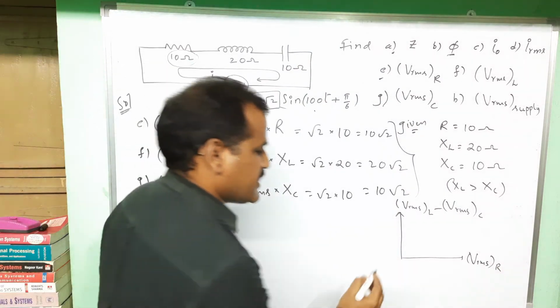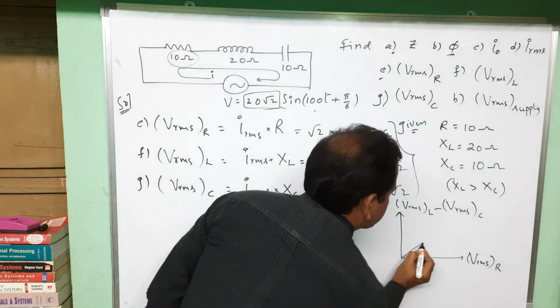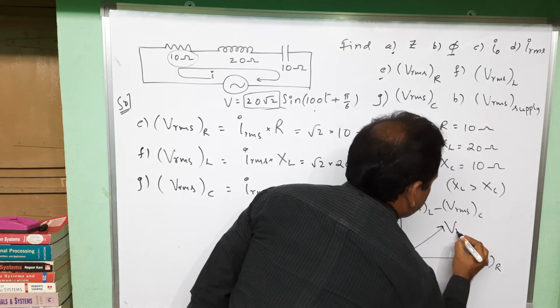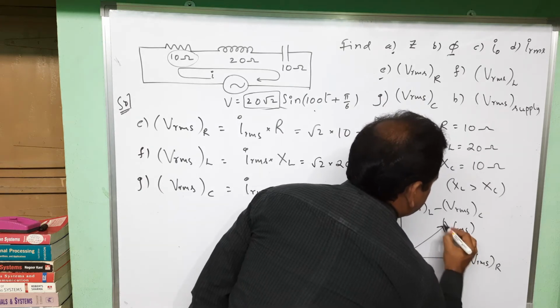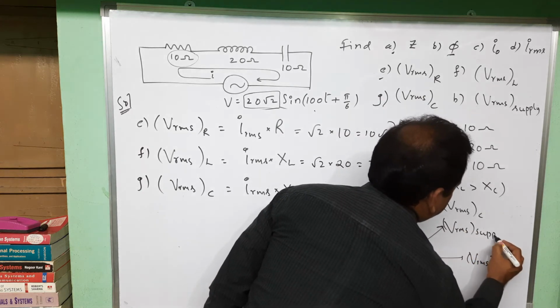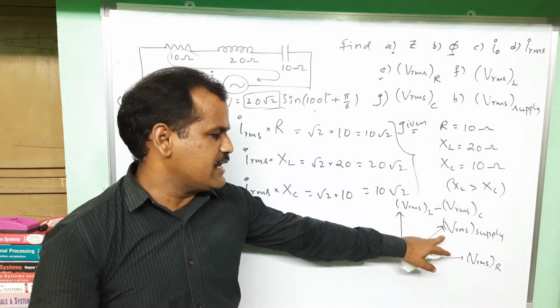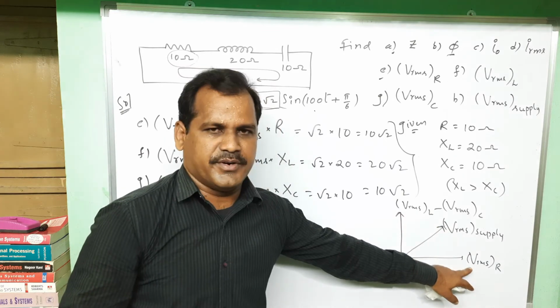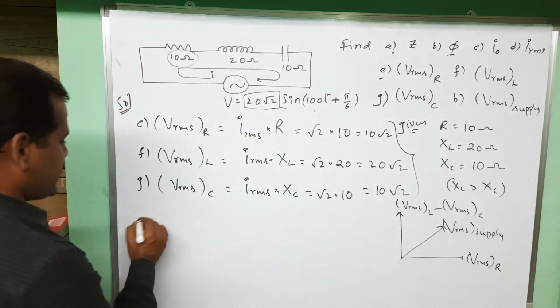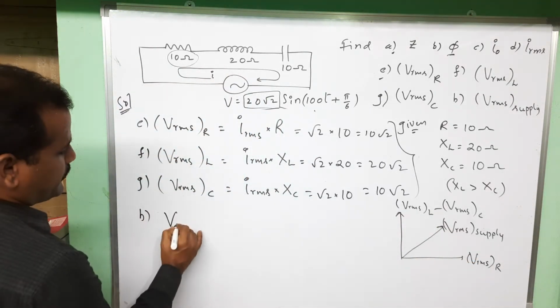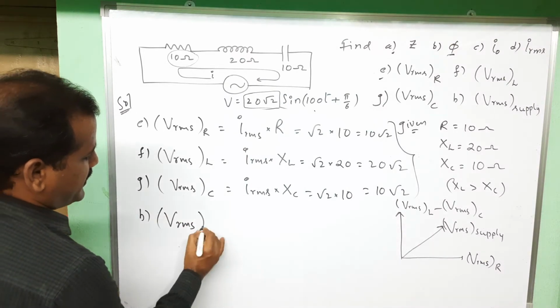The resultant of these two components is the required RMS voltage of the supply. This is what we need. So what is the formula for this? It is the square root of this component and this component, so we can get the formula for VRMS supply as